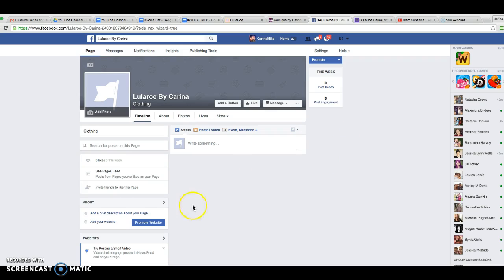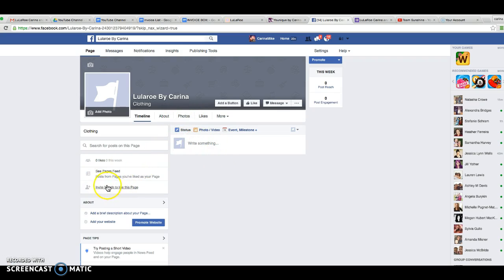So the next thing you're going to do, you're going to write a little welcome here, something sweet about your group and about you, not too long. Use emojis. Emojis draw attraction, and also use a photo if you want to do your profile picture again, or some other fun photo of you in your LuLaRoe, whatever it may be, add a photo so that now you have something posted in your group, okay? If you want to go in and add some photos beforehand, just some albums, maybe of the styles you carry, whatever you want, you can do that too. I didn't do that, but you are more than welcome.